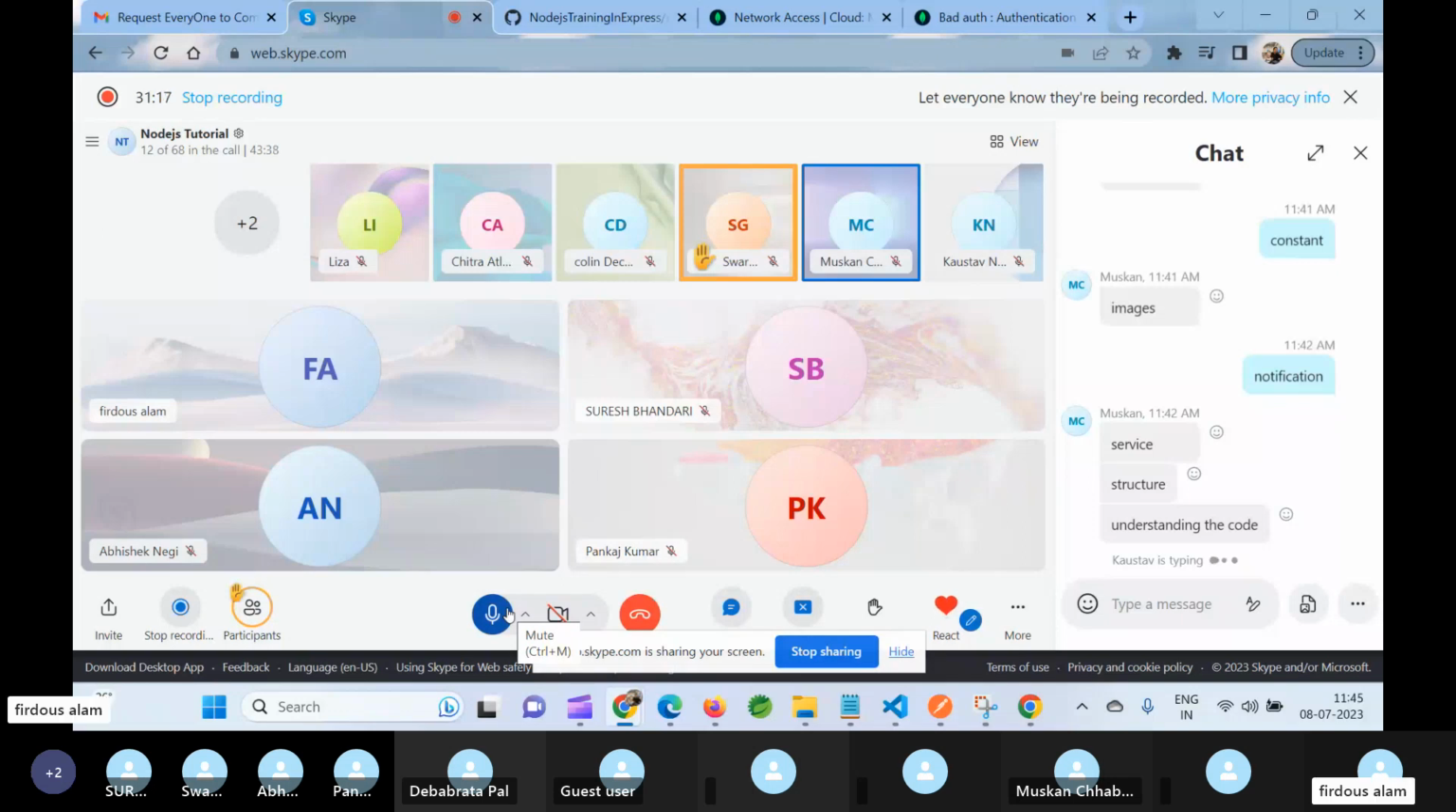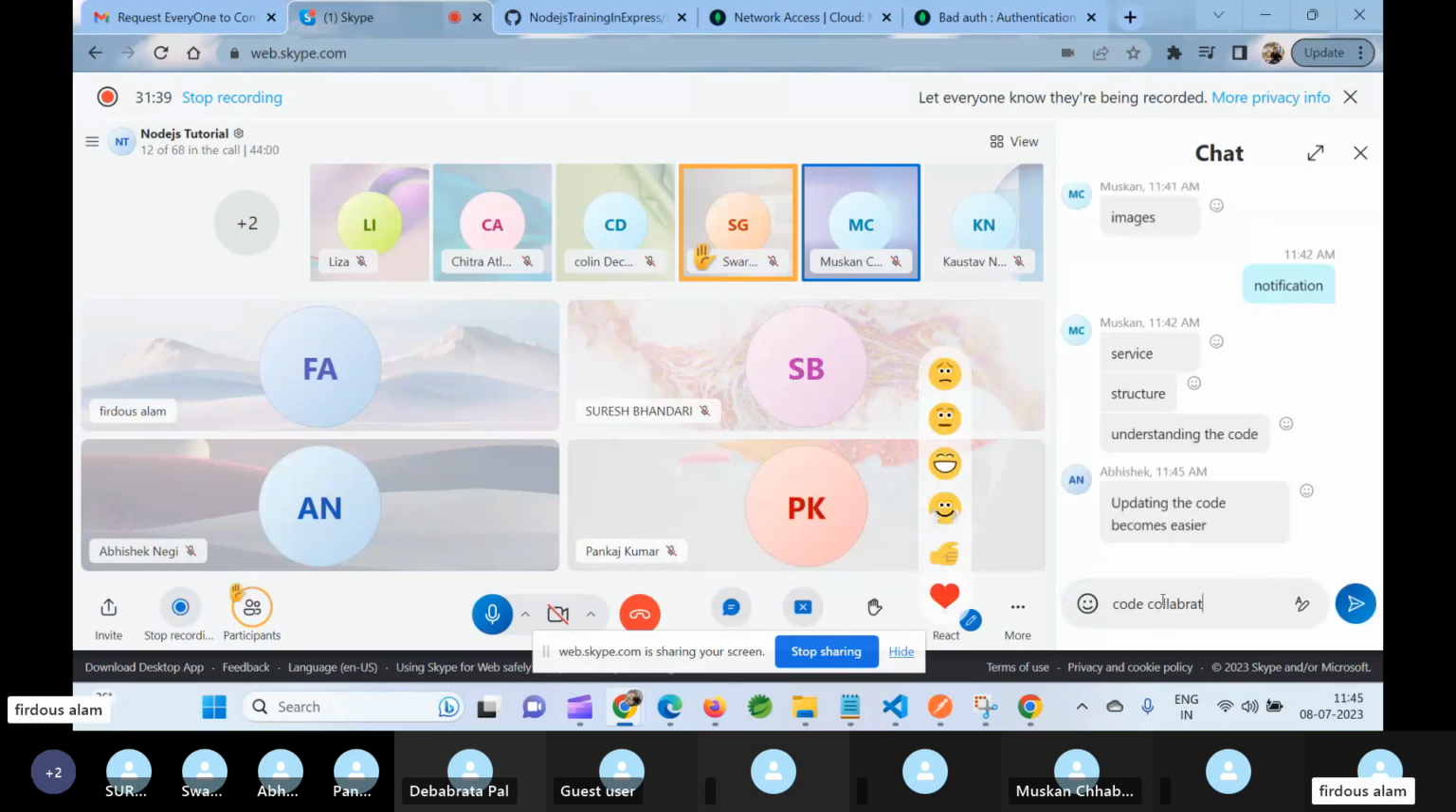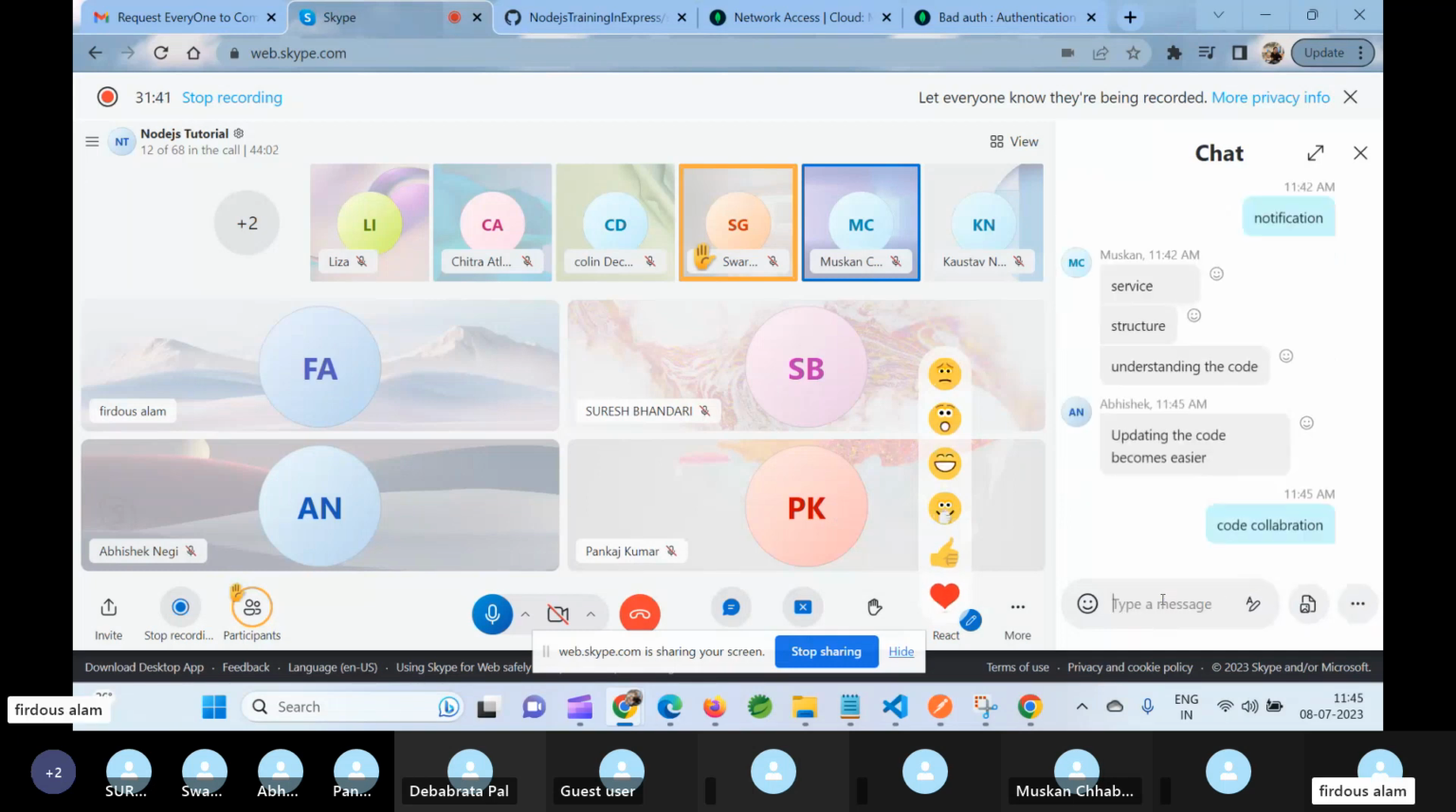Second, why do we do code structuring in our application? Okay, one answer is understanding the code. Good. Second one is code collaboration. Code collaboration. Yeah. Third is,